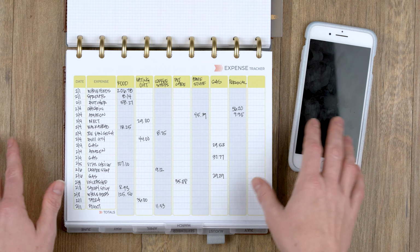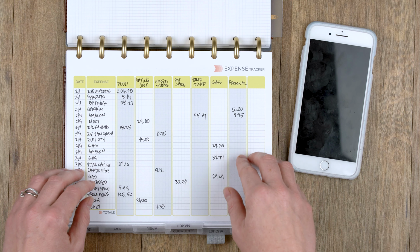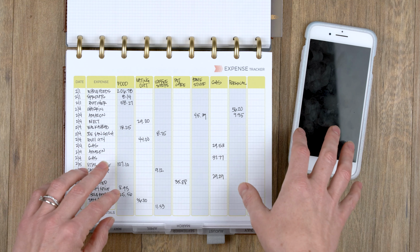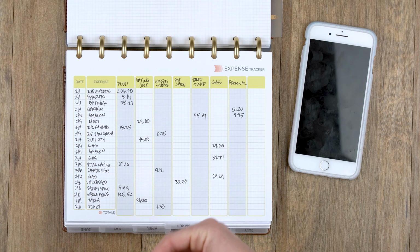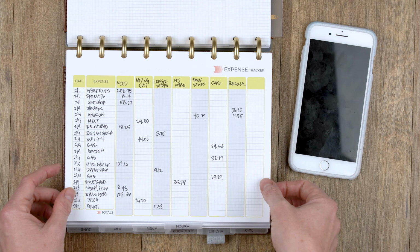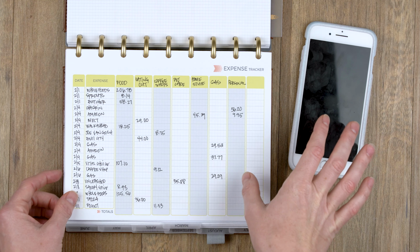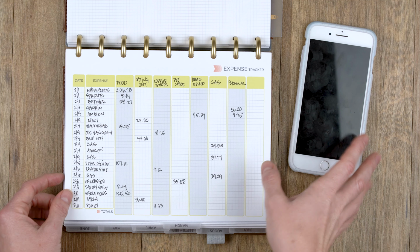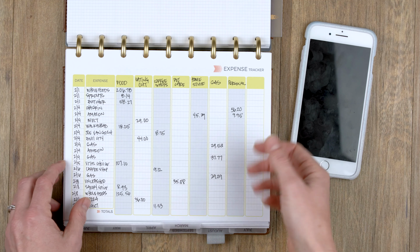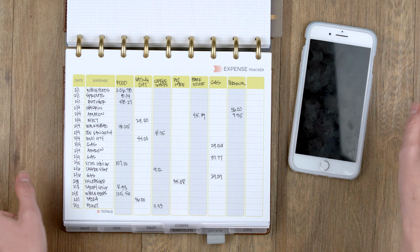So let me start off by saying I don't typically use our expense tracker. I am much more of a digital app and Excel person when it comes to finances and budgeting. I don't find pen and paper really works for my brain and how I keep track of things. That said, I totally understand that there's many people that prefer to put pen to paper. It makes it more real. It helps them see it. It helps them connect with it versus it being kind of like in the digital world and it doesn't seem